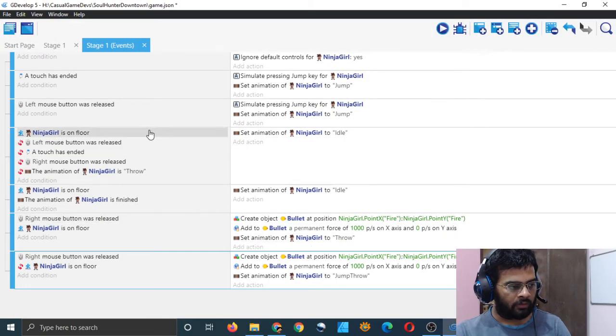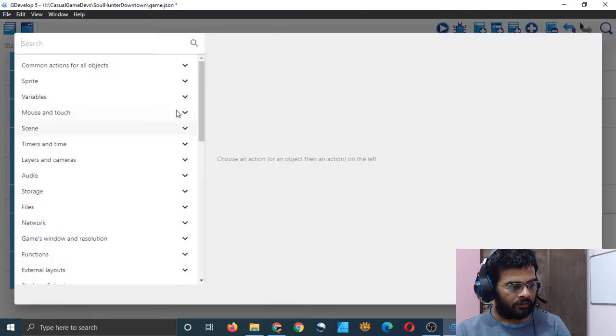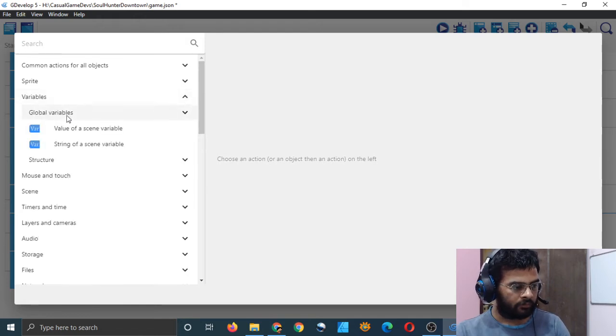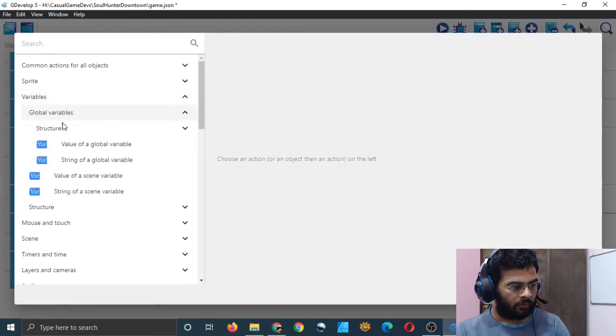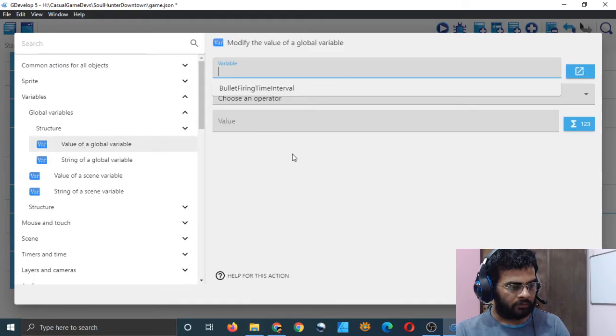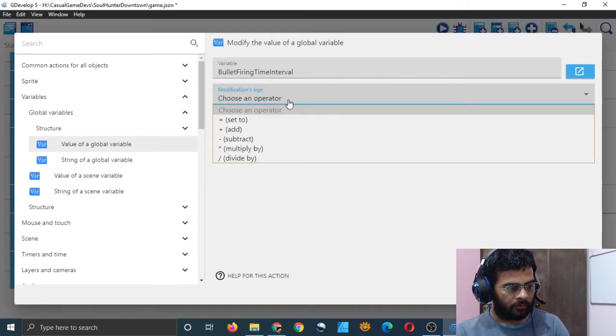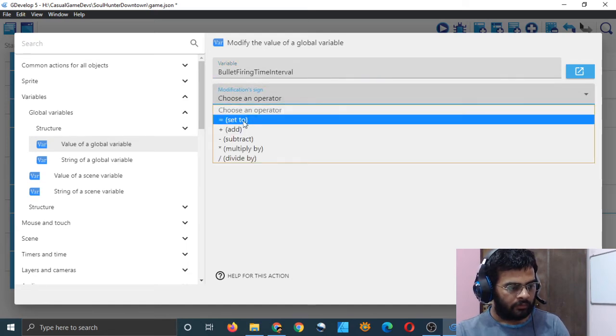Now what I will do is, when I fire the bullet, I will change the value of this global variable. Choose operator, set.